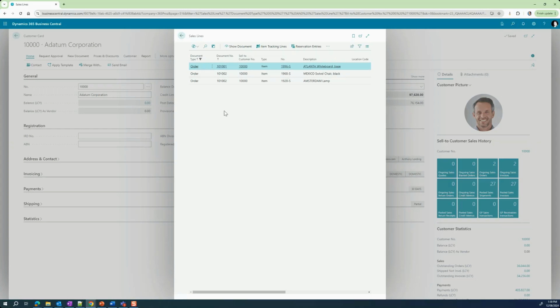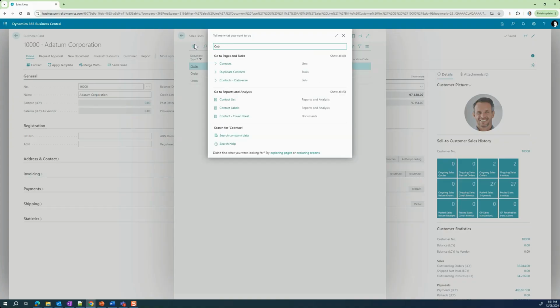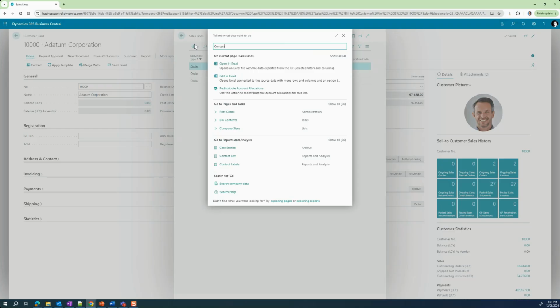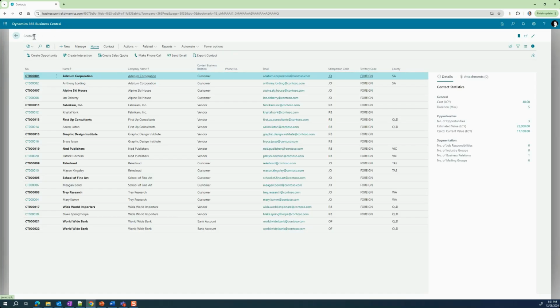Let's say I want to go to my contact list again. I would have to close all these forms layer by layer and then go to my contact list. But instead of that, I can quickly go to my global search, type in what I want, and I can go to the contact list directly, and it will open up above that. A pro tip is that if you are working with different pages in Business Central, it's better